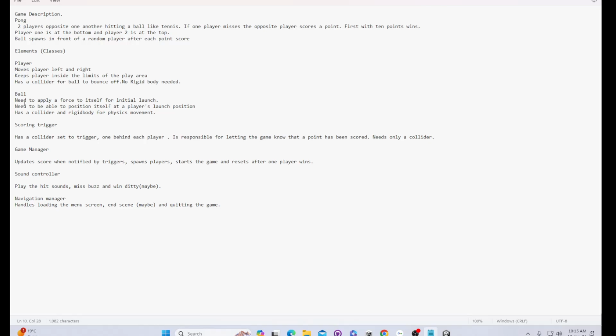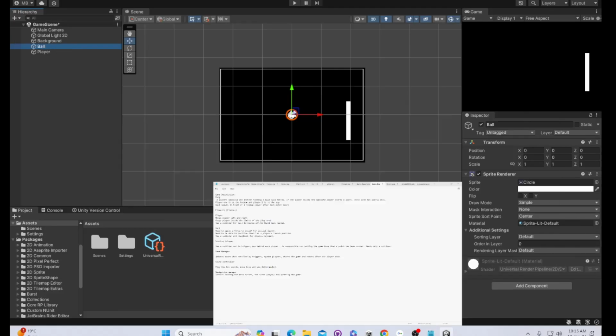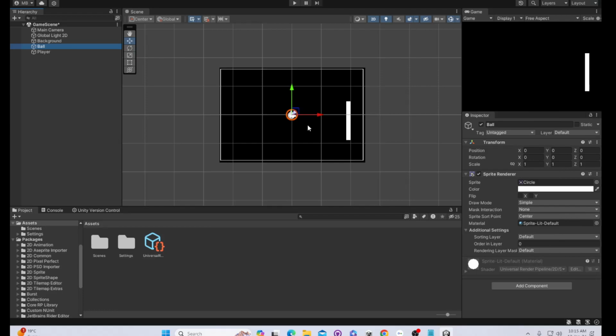This is going to be a script. In our case, a mono behavior. And the ball also needs a collider and a rigid body. Now, a collider is basically a component to a game object that detects when it hits something with another collider and takes the appropriate action by bouncing it back, just not allowing it to go through,